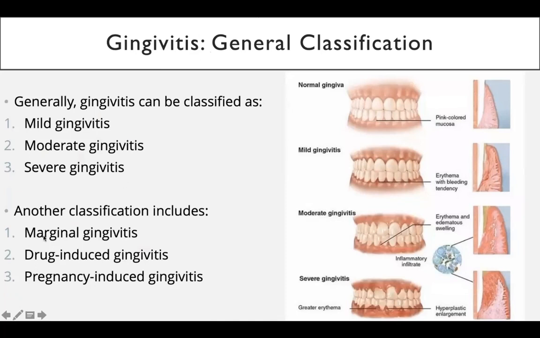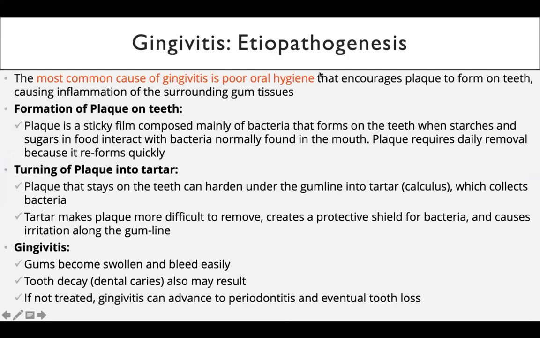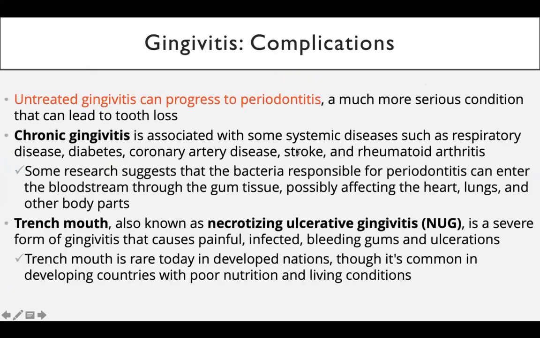And we have marginal gingivitis, drug-induced, and pregnancy-induced. Then we went to etiopathogenesis, where we said first, the patient will have poor oral hygiene. Poor oral hygiene leads to formation of plaque. If plaque is not removed, it will harden and turn into tartar, and tartar will involve the surrounding tissues and cause gingivitis. Some of the complications were that gingivitis can lead to periodontitis itself,